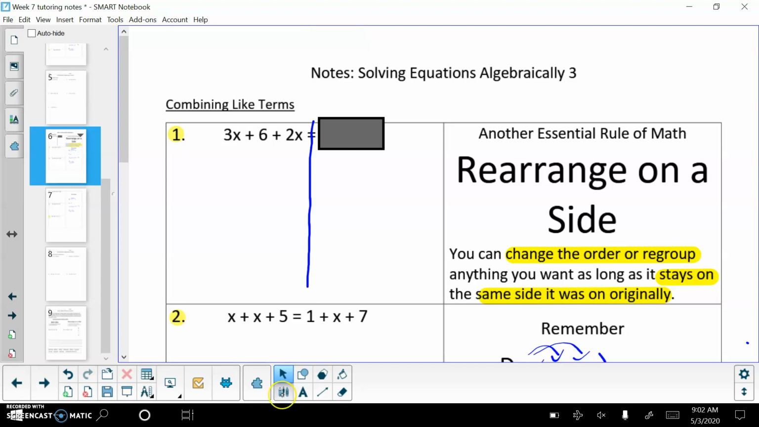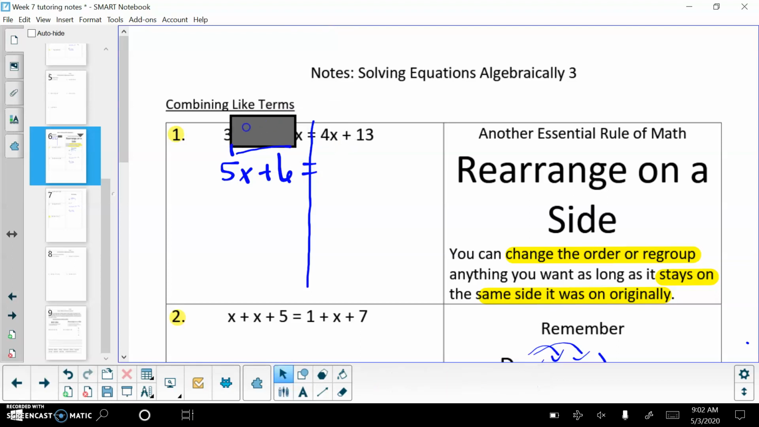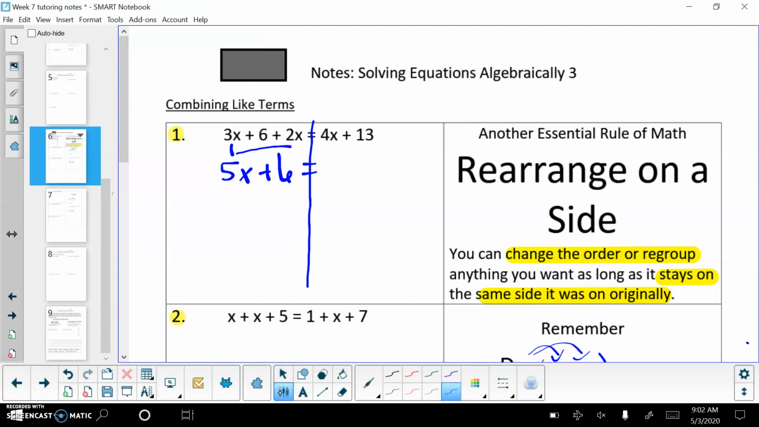Okay, I can put things that are alike together. I can reorder them. So if I want to, I can put my x's together up front. And if I put my 3x with my 2x up at the front, that gives me a 5x because they're both positive and it was adding. So 3x plus 2x equals 5x, and the 6 just comes down, and that's on that side. On this side over here, there's nothing that can come together. The 4x and the 13, they're not both x's, they're not both constants, so they don't go together, so I'm just going to bring them down